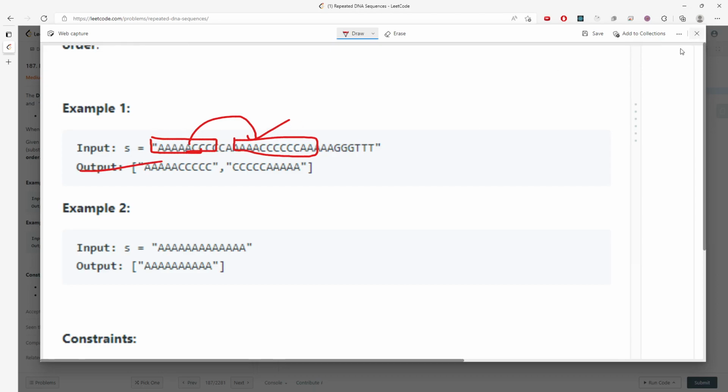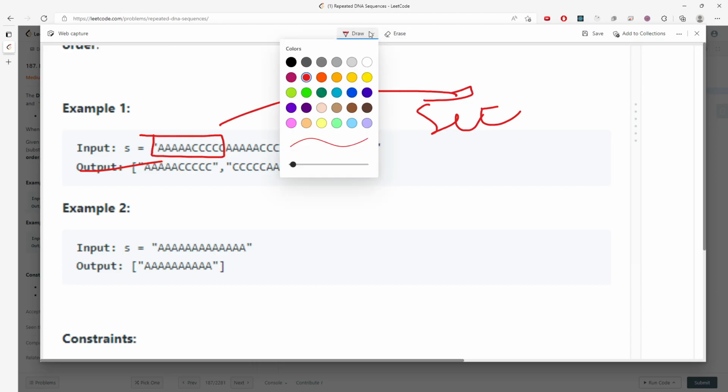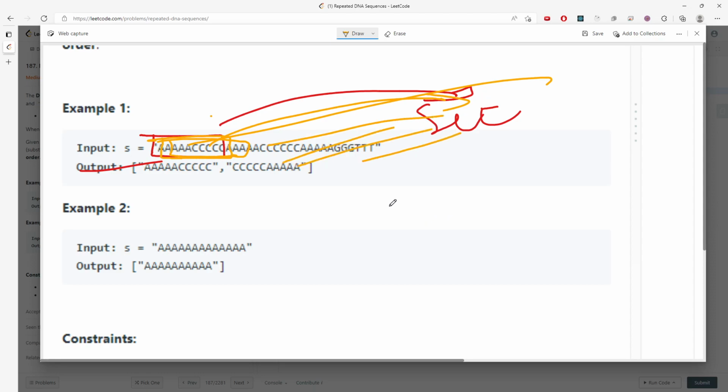So in this question, I can use a set to store every possible substring of length 10. If this is length 10, then I push it into the set. And I'm going to do this again, just for example, and push this to the set. And again, something like this, and push into the set. When I push into the set, I can use the method called contains. If the set contains the string, then I know this is a duplicate, right? So I will just push that into the